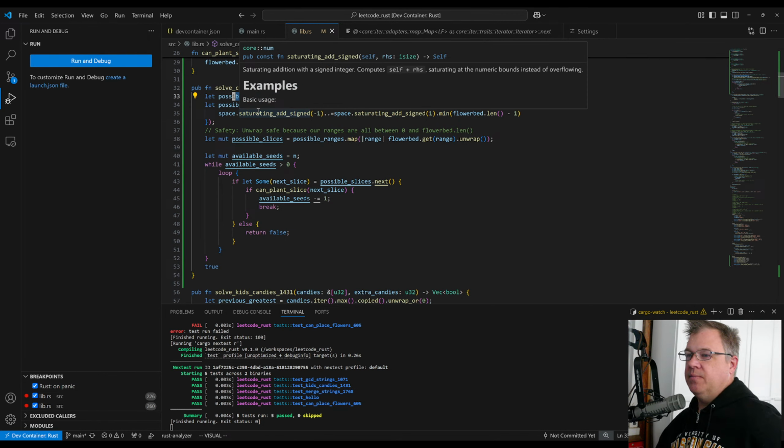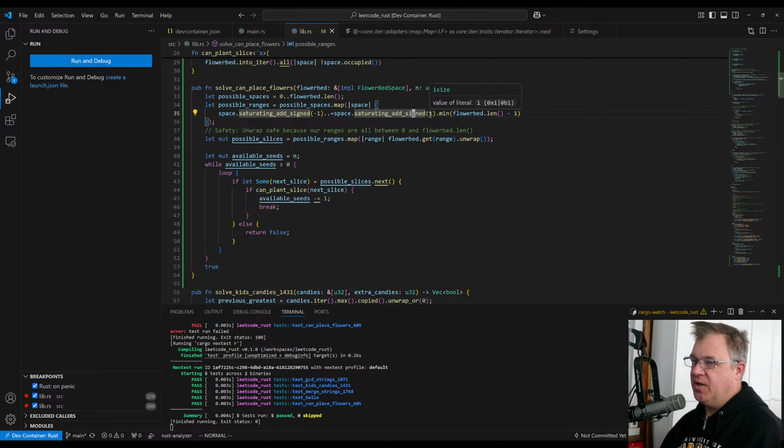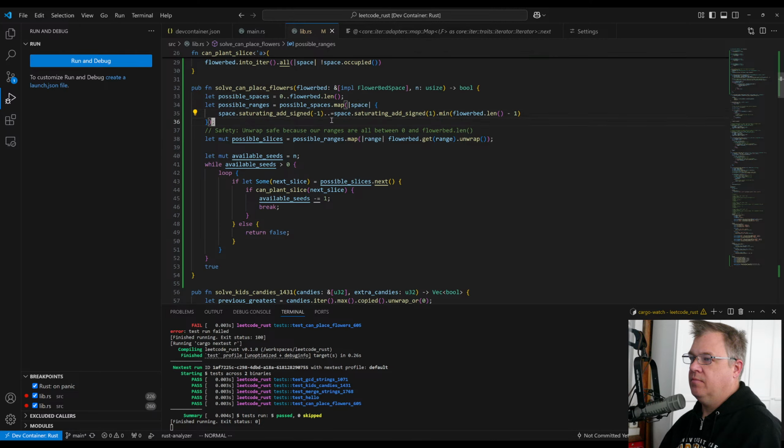The possible ranges now are going to be this. So we start from our space and we go minus and greater than where our current space is. And we grab the slice of flower bed spaces. Well, we create a range that is within our flower bed area.